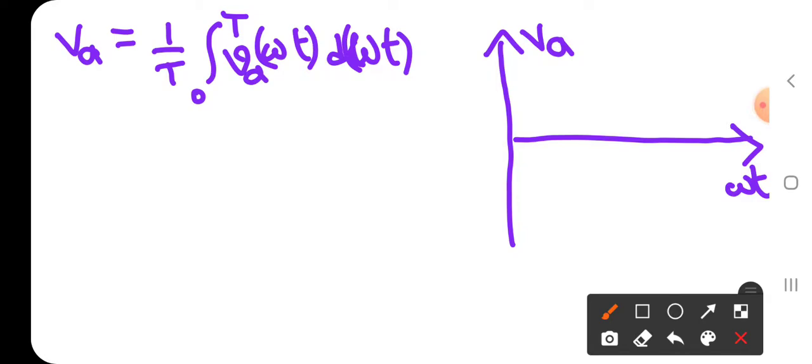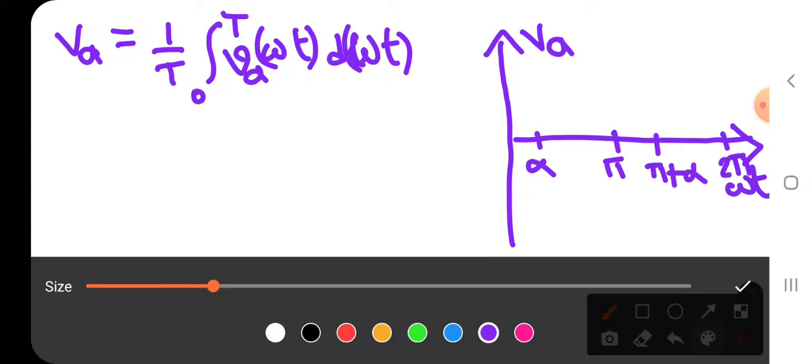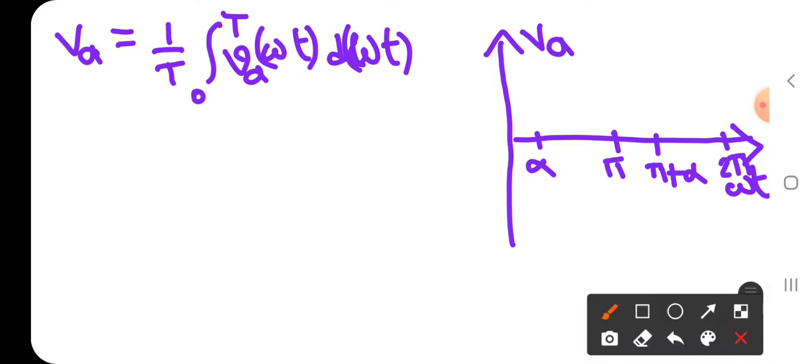As we know, alpha, pi, pi plus alpha, 2 pi. We have already drawn the waveform, which is